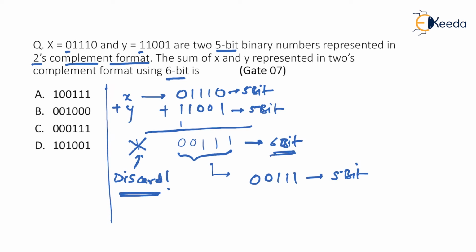So if you want to expand it to 6-bit, what do you do? I'm sure you remember, you expand it with the help of MSB. If MSB equals 0, it means you are going to expand it with leading zeros. So 0 0 1 1 was the original number. I'm going to write an extra 0 here in order to make it 6-bit. And now if you see carefully, option number C is the correct option you will come across.